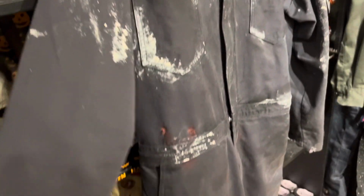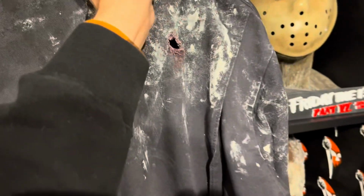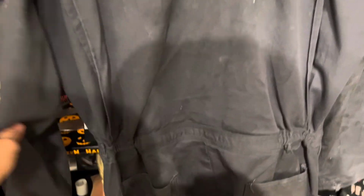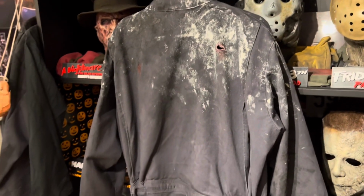I took them out and did some more weathering on them and got the grimy, dirty look on them. I did what I could to sort of replicate the burns as best I could. Nowhere near the professional job that I have on my Kills coveralls. It's not even close, but it sort of has a bit of the idea. And if you look at the Ends coveralls,